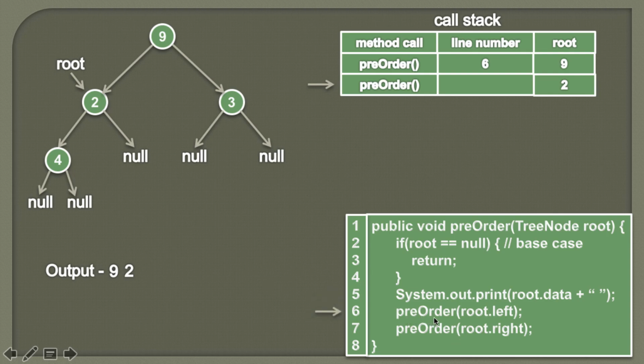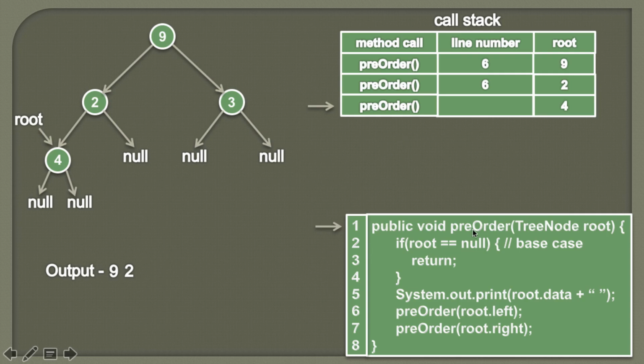And now we'll again call the pre-order method recursively, and we'll pass root left to it. So currently root is pointing to the node having data as 2, and its left is pointing to the node having data as 4. So as we are calling this pre-order again, we'll keep track of the line number. So we are placing the line number as 6 because we know that we are leaving this pre-order at line 6 and we are again calling this pre-order. So the point of execution again reaches pre-order, and this time the root is root's left, which is 4. So the new root becomes the node having data as 4.